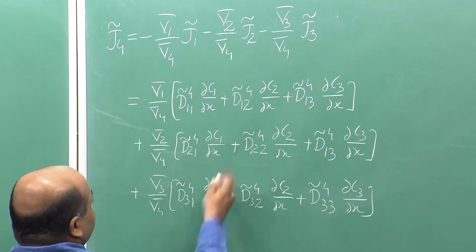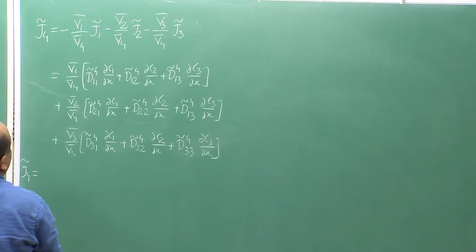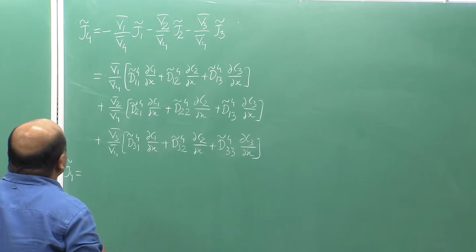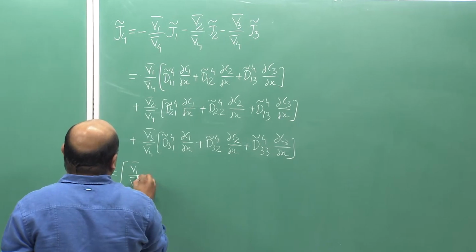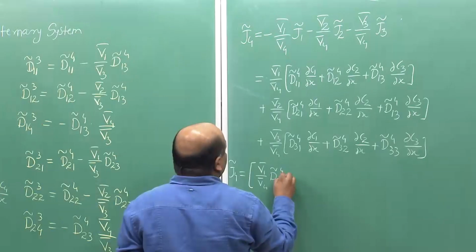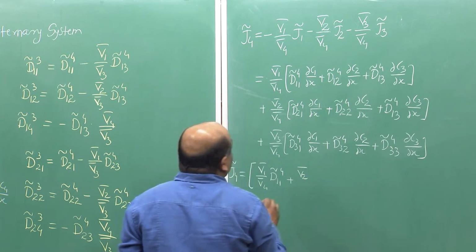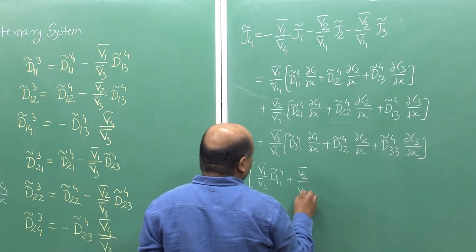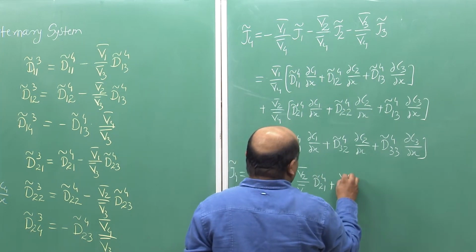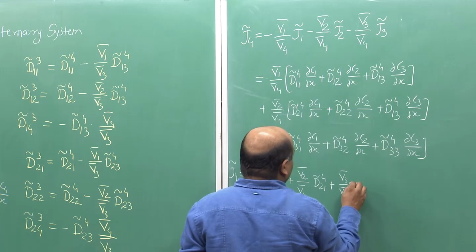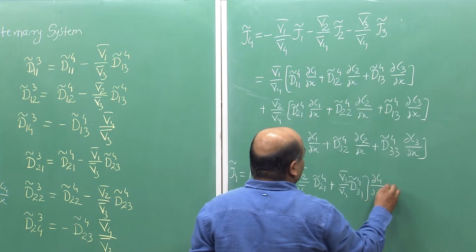Now, let us take the respective derivatives out and we obtain J4 tilde equal to V1 bar over V4 bar D1 1 tilde 4 plus V2 bar over V4 bar D2 1 tilde 4 plus V3 bar over V4 bar times D3 1 tilde 4, dou C1 by dou x plus